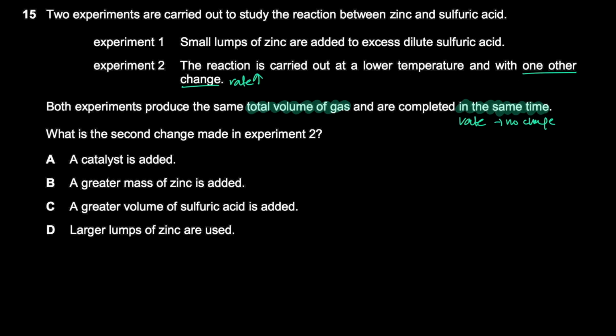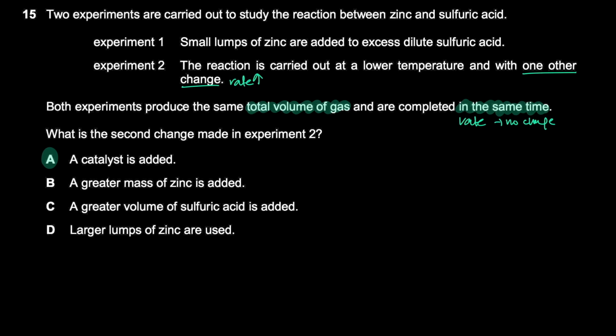Now what factor could increase the rate here? Well, one factor that could increase the rate is the use of a catalyst. So the answer is A. Because a catalyst increases the rate of the reaction without itself being changed at the end. So it increases the rate by providing an alternative pathway with a lower activation energy, and itself is